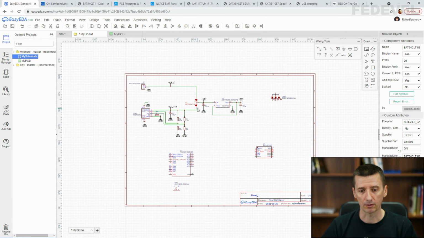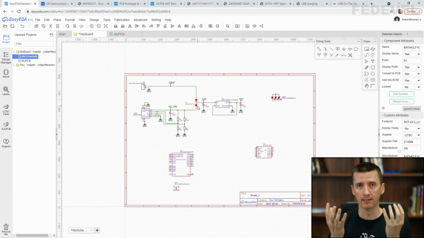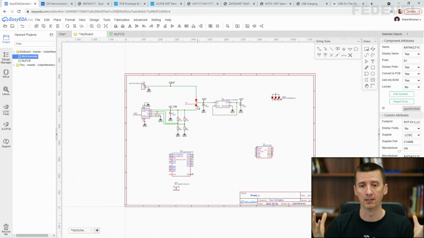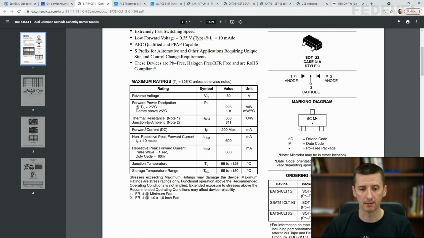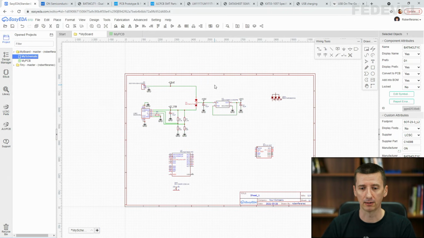This voltage across the diode and the current going through the diode is going to change to power. So when you multiply the voltage by the current, then you will get power, which is going to be changed to heat on this diode. And of course, you would like to be sure that this heat is not too high, so your diode is not damaged. Okay, so two important numbers, forward voltage and the maximum forward current, which you need to double check if you use a diode in your circuit.